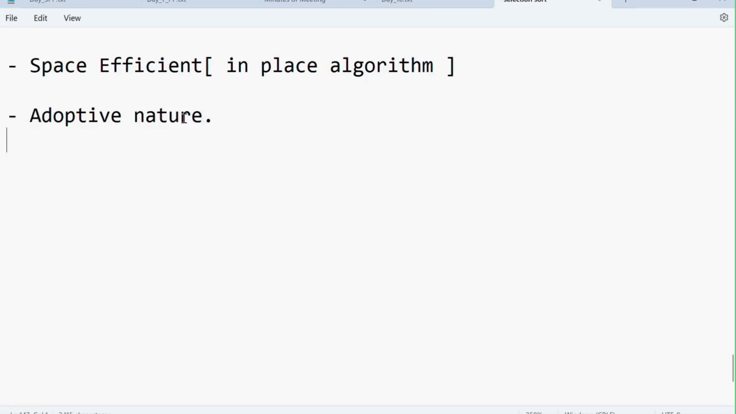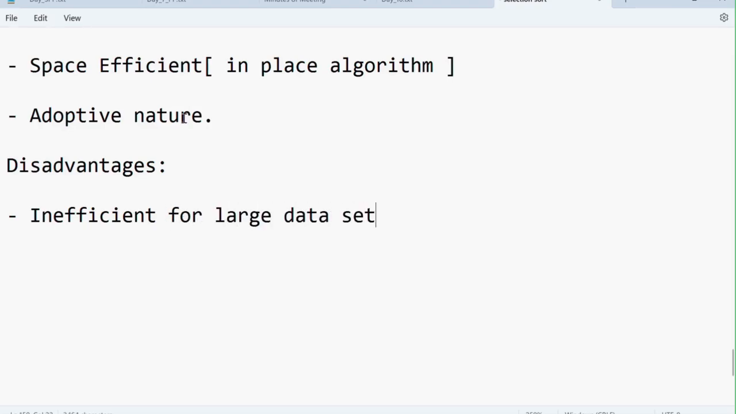Now, disadvantages. If any spelling mistakes are there, I'm sorry. It is inefficient for large data sets, meaning if you have a lot of data that needs to be sorted, then this sorting technique is not suitable. And it is not as efficient